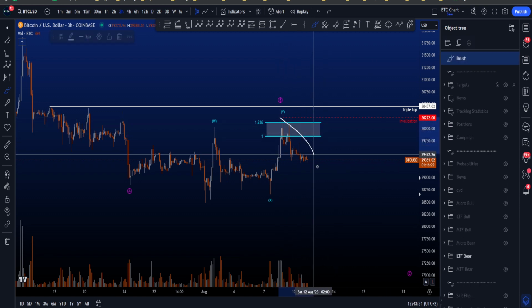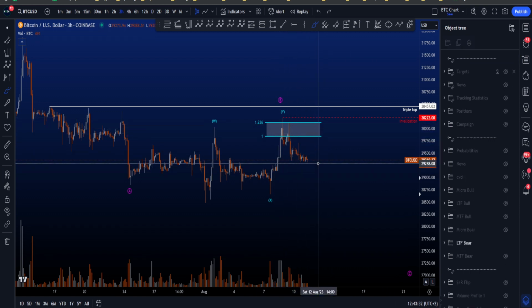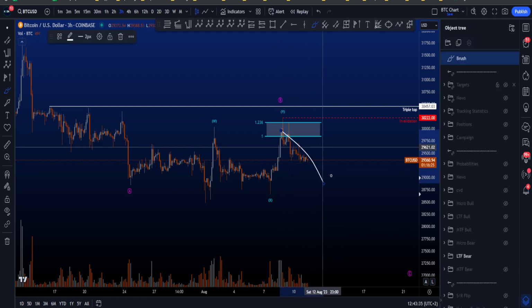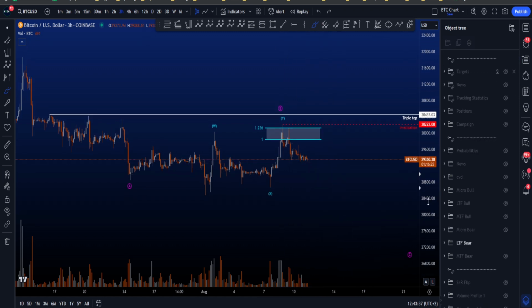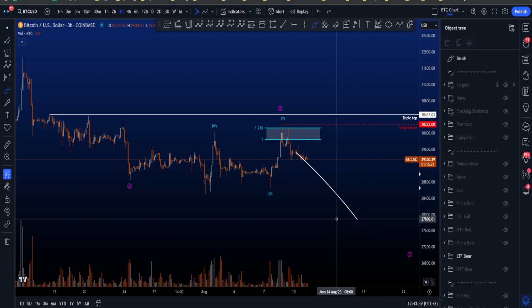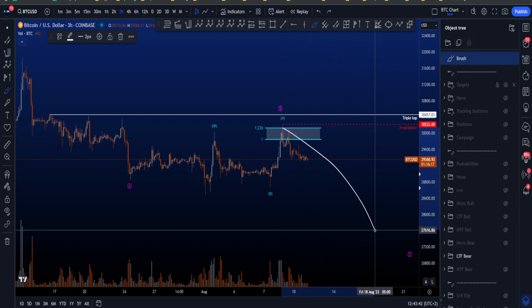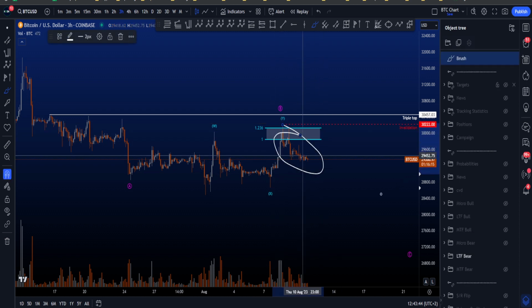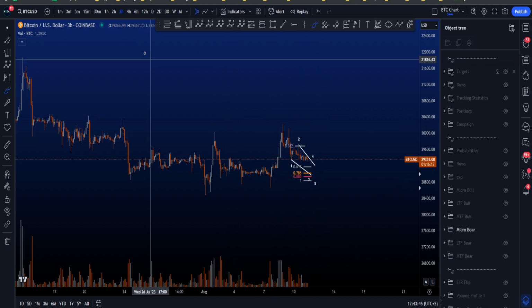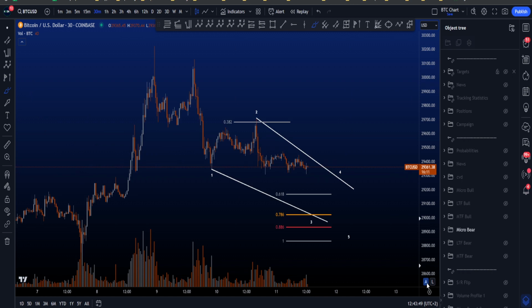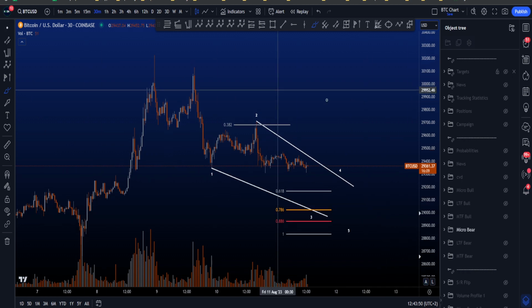If we then zoom in to this structure over here, we want to see in the bearish scenario impulsive structures to the downside, because we are looking for that wave C to the downside, which then is a 5-wave structure. So of course, to look for a 5-wave structure, the move has to begin with 5-wave structures as well on the micro time frame. And if we now zoom in to the micro over here, you can see that I